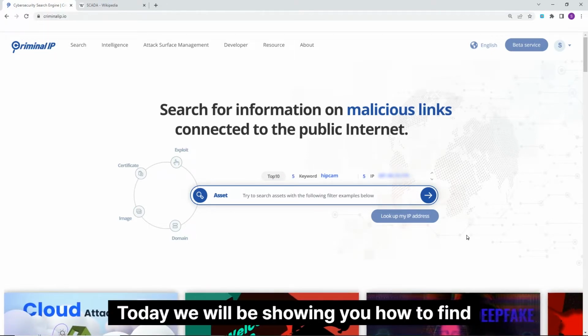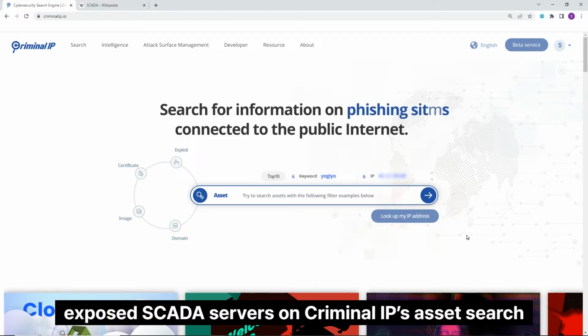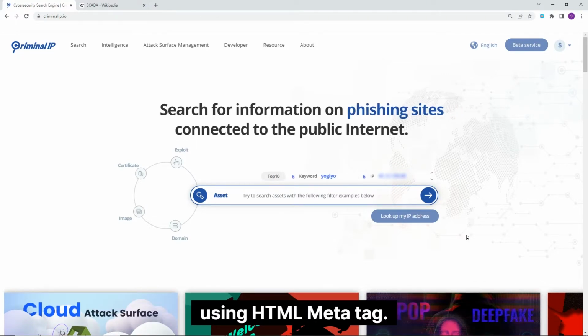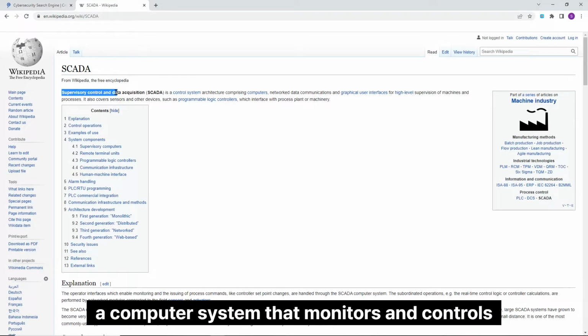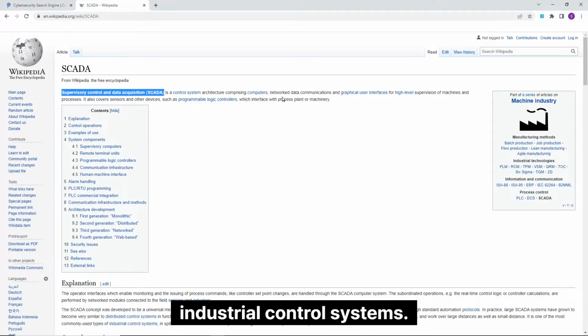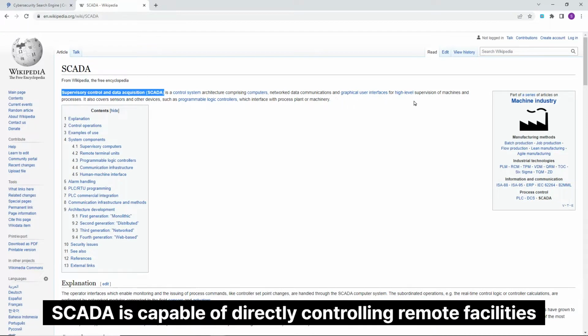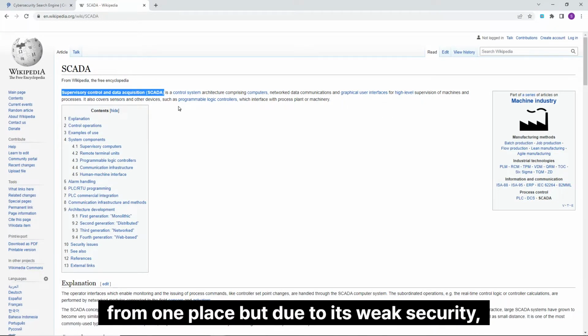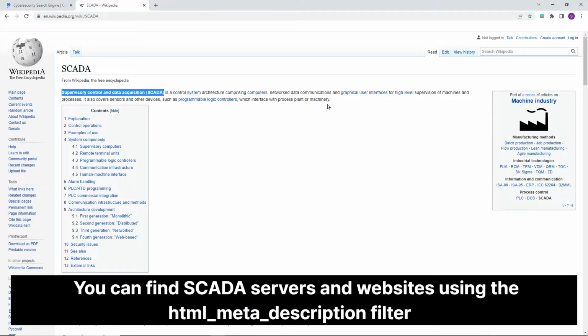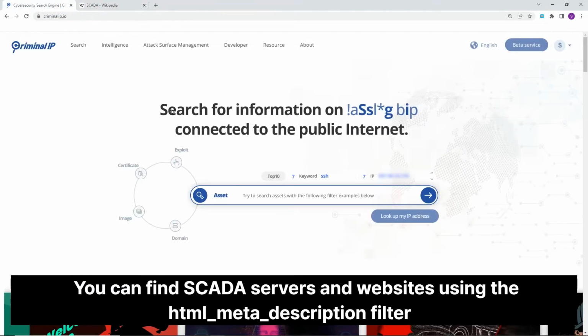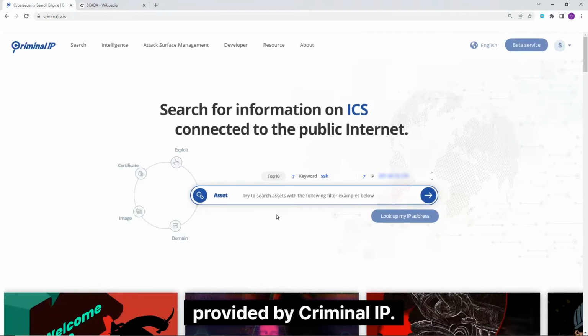Today we will be showing you how to find exposed SCADA servers on Criminal IP's asset search using HTML meta tag. SCADA stands for Supervisory Control and Data Acquisition, a computer system that monitors and controls industrial control systems. SCADA is capable of directly controlling remote facilities from one place, but due to its weak security, it is an easy target for cyberterrorism. You can find SCADA servers and websites using the HTML meta description filter provided by Criminal